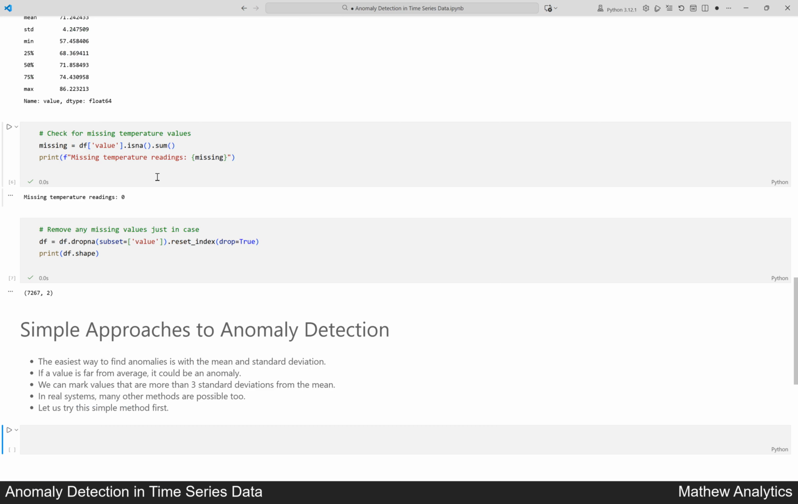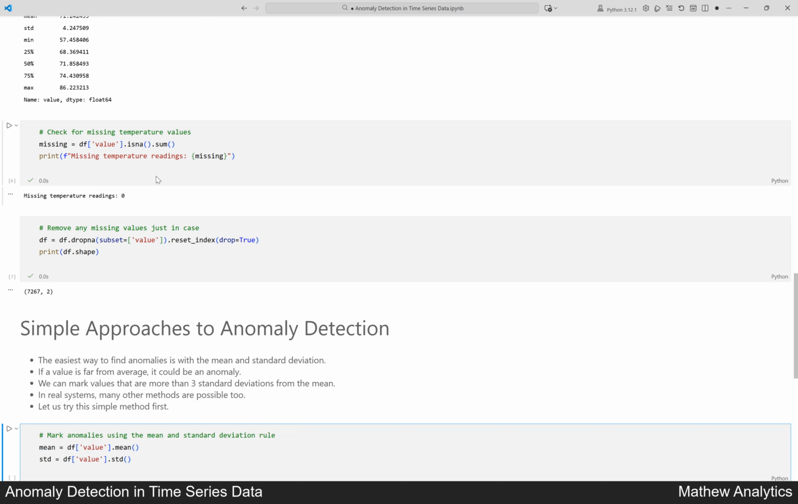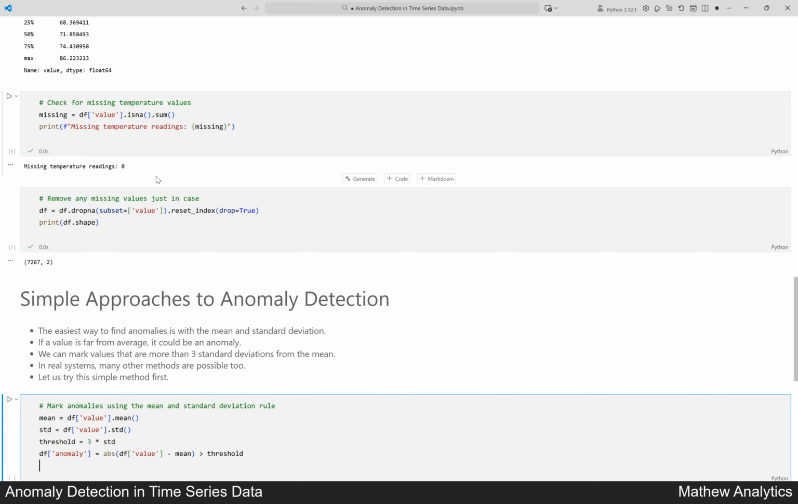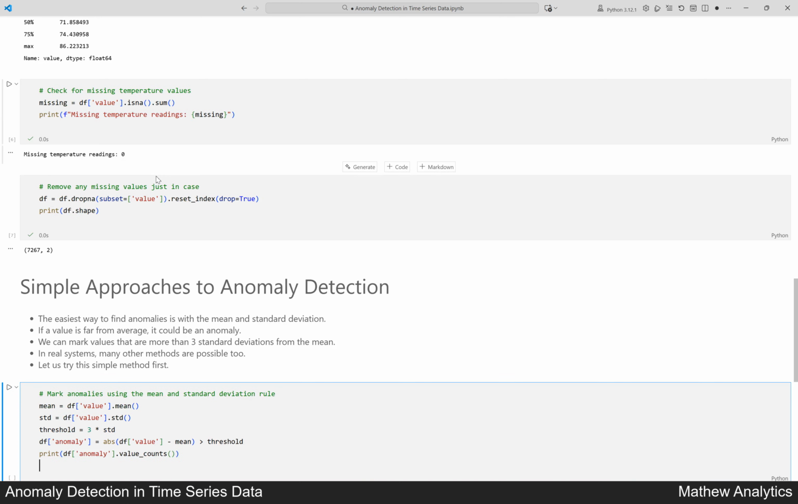Let us find out what is normal using mean and standard deviation. Any temperature more than 3 standard deviations away gets marked as an anomaly. We count how many points are normal and how many are unusual. # Mark anomalies using the mean and standard deviation rule. mean = df['value'].mean(). std = df['value'].std(). threshold = 3 * std. df['anomaly'] = abs(df['value'] - mean) > threshold. print(df['anomaly'].value_counts())